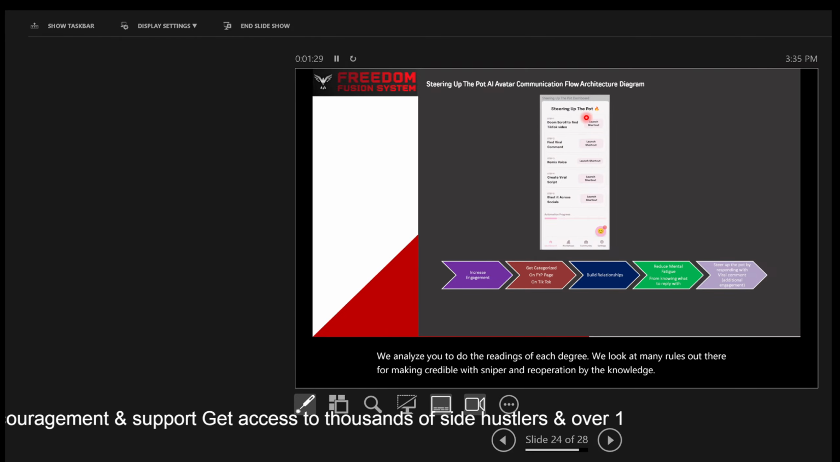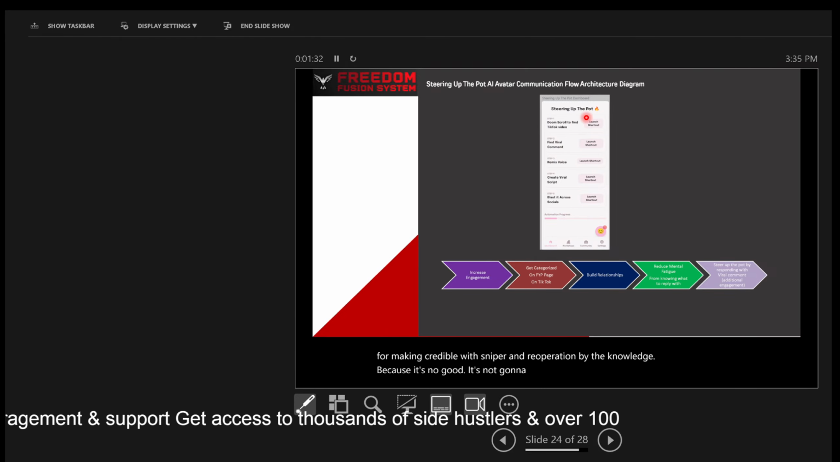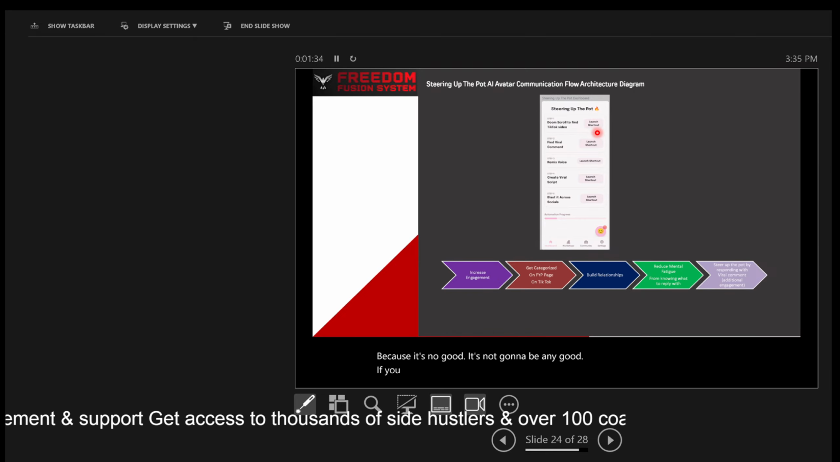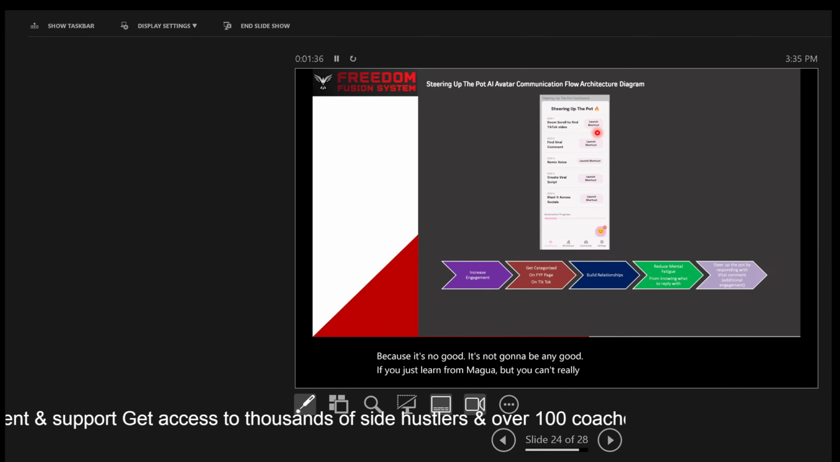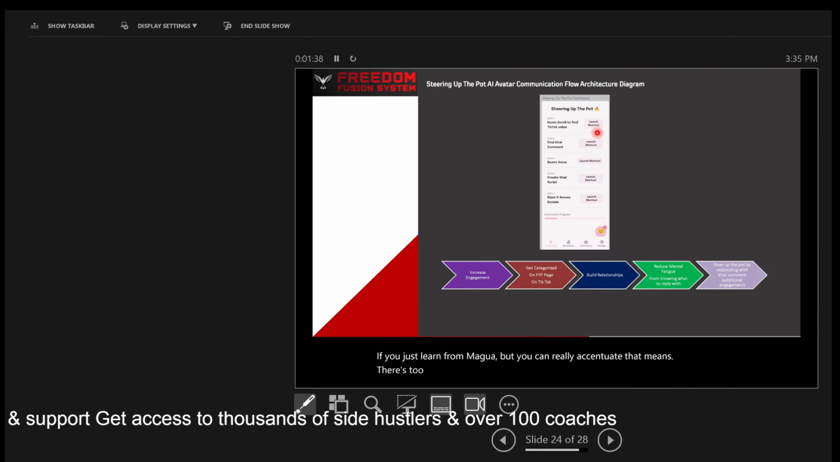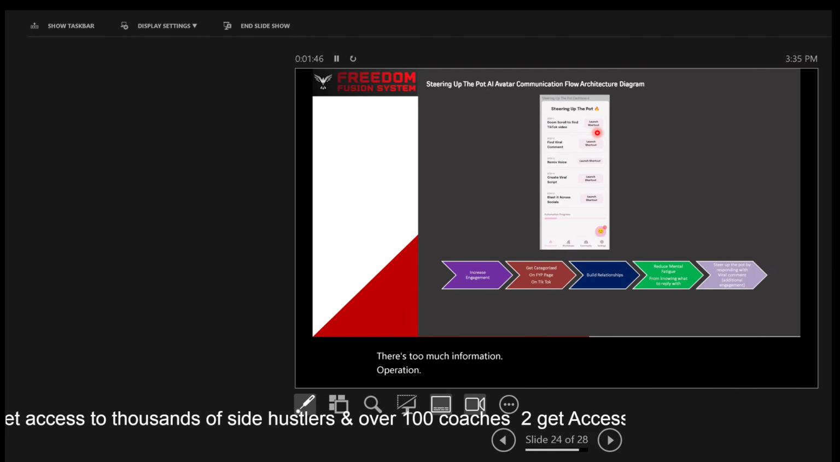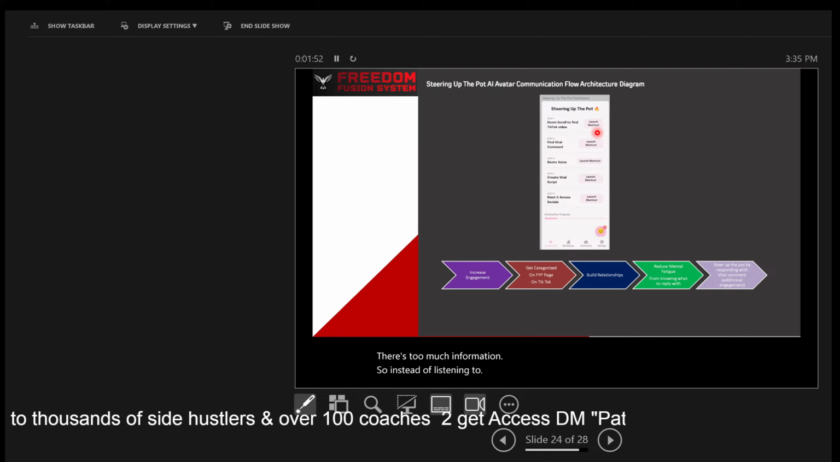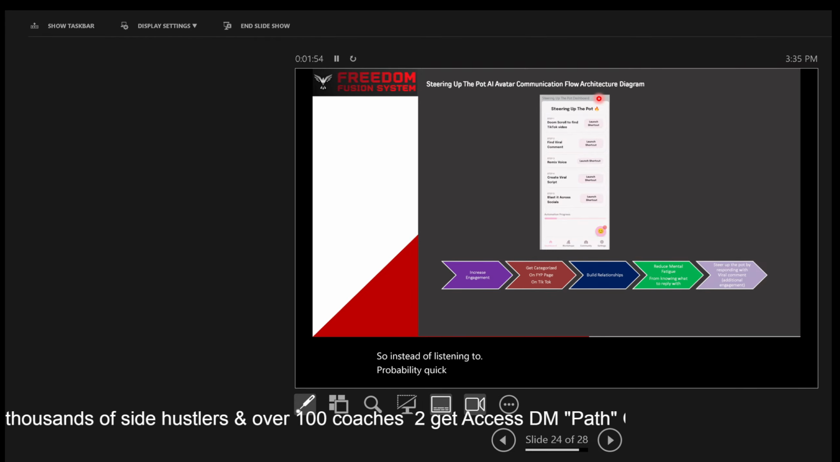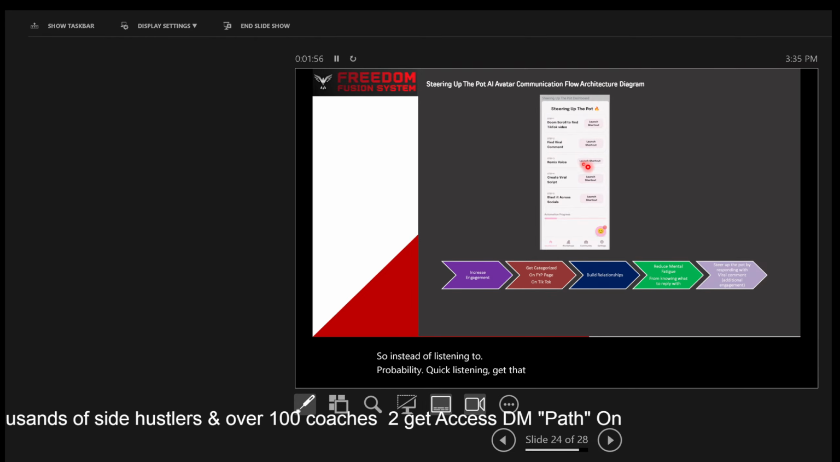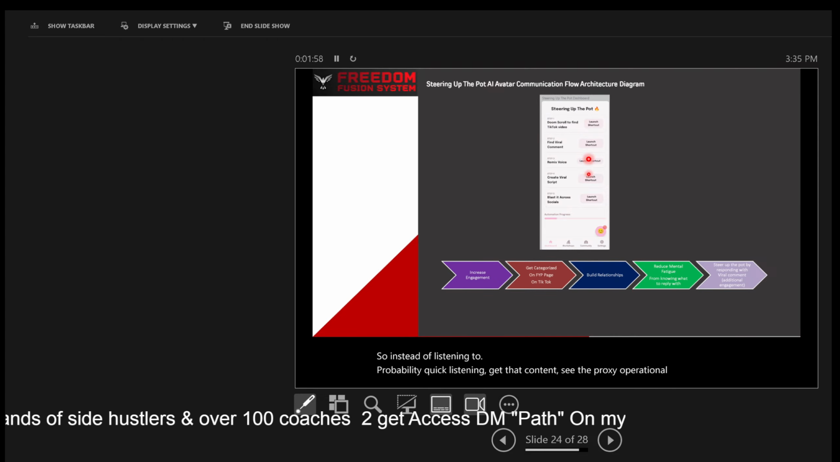Because it's not going to be any good for you if you just learn it from a guru, but you can't really execute any of that because there's too much information and you don't have any step by step operationalized task that you could execute that in fact is going to work. So what we do instead of listening to the gurus and spending a colossal amount of time for infinity, we quickly snipe them, get that content, see what works, operationalize them, put them directly on the UI